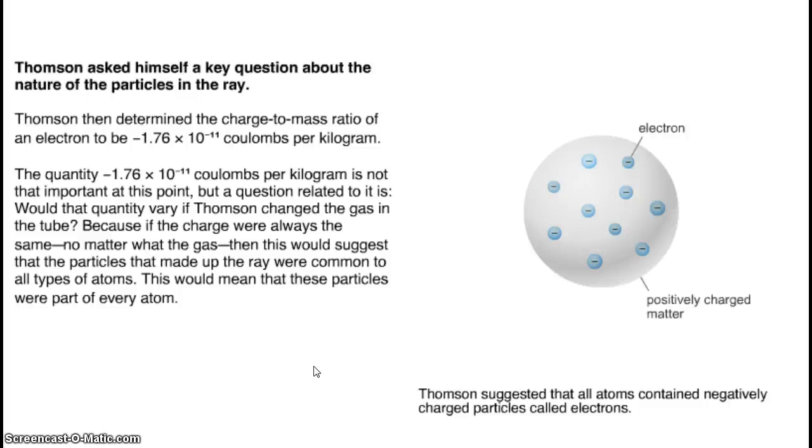The quantity negative 1.76 times 10 to the 11th coulombs per kilogram is not that important at this point, but a question related to it is, would that quantity vary if Thomson changed the gas in the tube? Because if the charge were always the same, no matter what gas he used, then this would suggest that the particles that made up the ray were common to all types of atoms. Okay, so let's say he used oxygen gas, and he got this amount. Now let's say he went ahead and tried it with neon gas, like neon signs. If he got the same amount, that told him that all atoms have this same particle. If he got a different amount, like